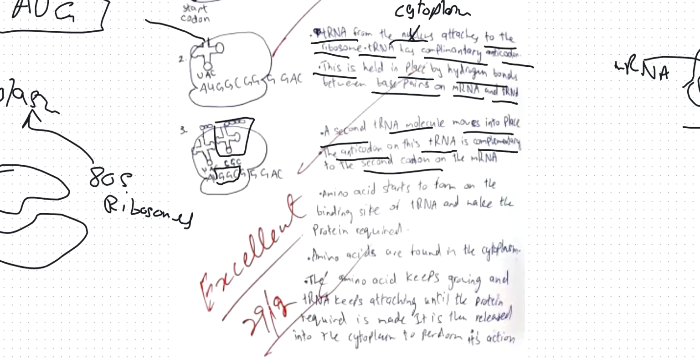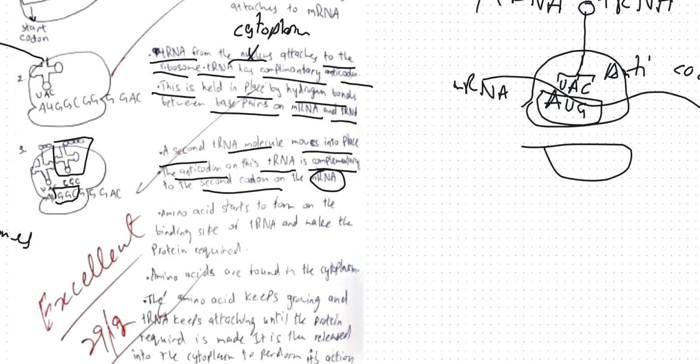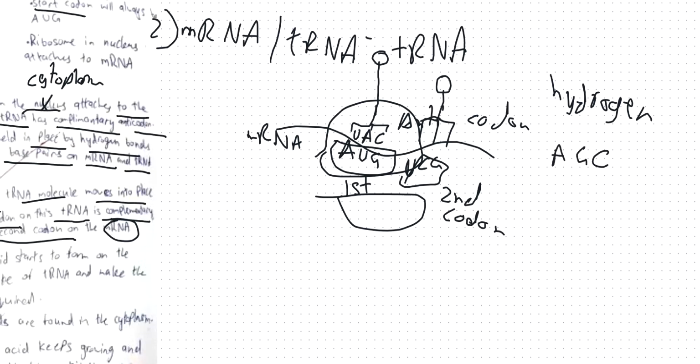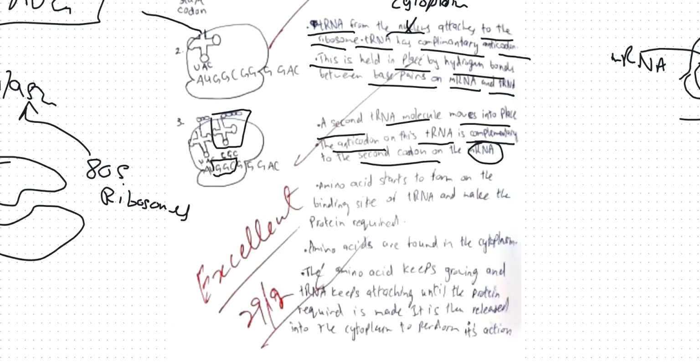of the mRNA molecule. So if this is the first codon, the second codon, for example, let it be UCG, this would be the second codon, and the tRNA molecule will have complementary bases to the second codon of the mRNA. If this is UCG, the tRNA molecule will have AGC. All right. So the second tRNA comes into place and forms base pairing with the second codon of the